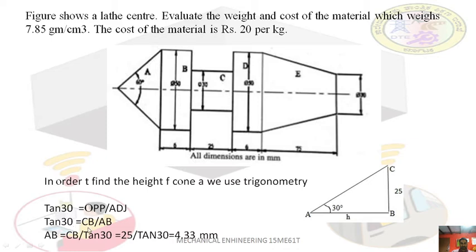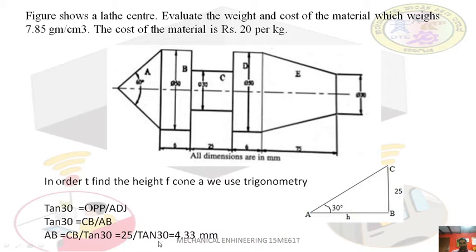So tan theta equals CB by AB, where CB is opposite and AB is adjacent. We need the adjacent here, so cross multiply: AB goes here and tan 30 comes here. So AB equals CB by tan 30. CB is 25 mm. Here you can see 50 mm, so half of this means 25 mm. Again people will get confused and take 50 mm, but we are taking only half. Whatever dimension is given here, you have to take half of that. If it is given as 60, then you have to take it as 30. So we are taking 25 because 50 is given here.